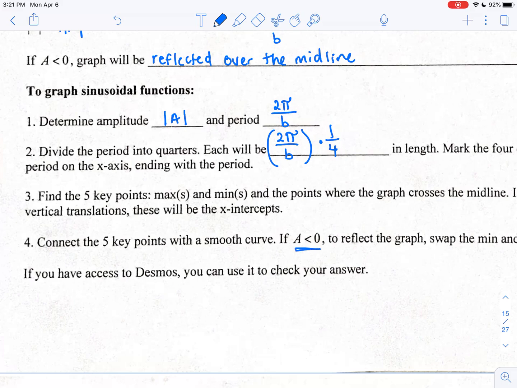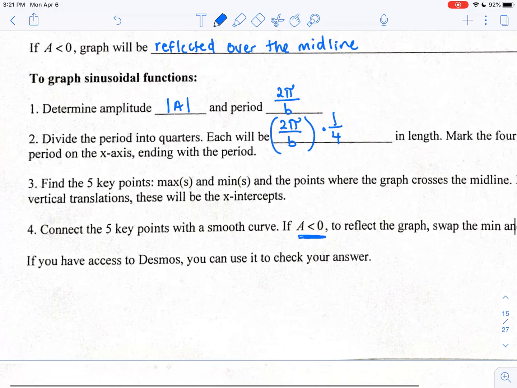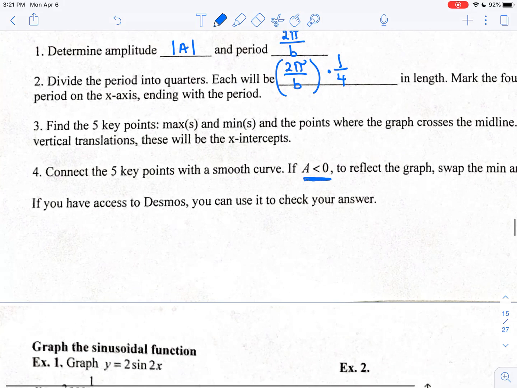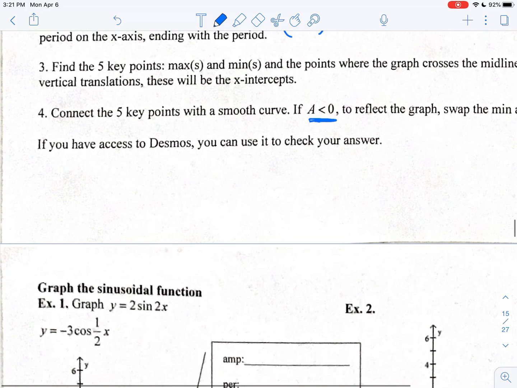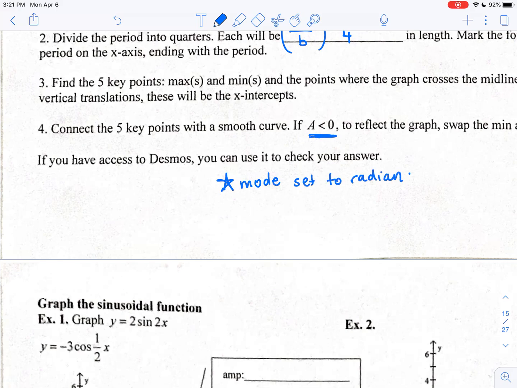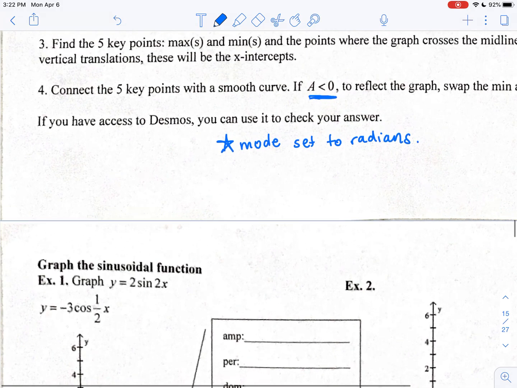Okay, and then we're always going to have 5 key points. Remember that if you have A is less than 0, that means a reflection across the midline. And always, if you have Desmos or if you have a graphing calculator, go ahead and double check your answers. Most cases, we're going to be in terms of radians unless I state otherwise, but make sure you guys have your mode on your graphing calculator in Desmos set to radians. All right, so we're going to go ahead and